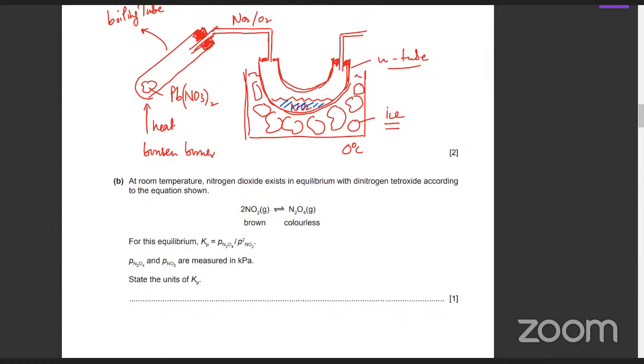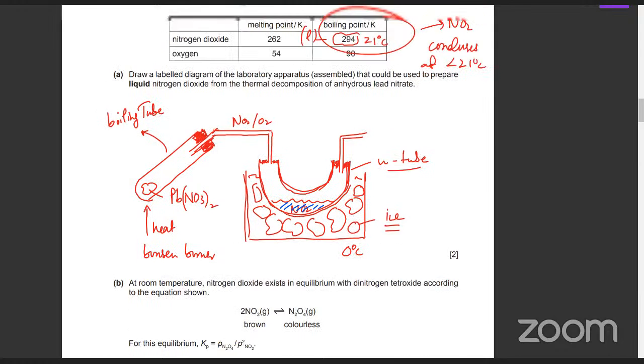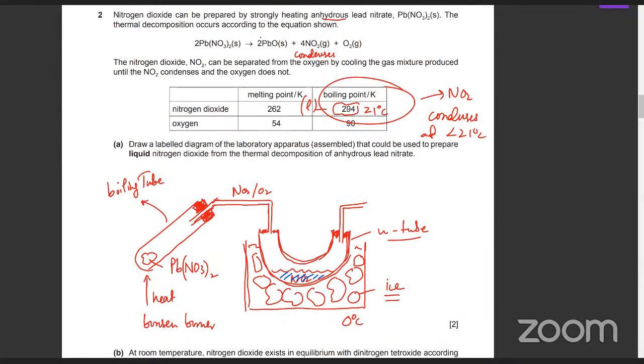So which is why we need ice in this case. If we used ice for the NO2, if it condenses at 90 degrees, if we use ice, would that be wrong? Instead of using the cold water? Even in that case, I think it will be fine. It depends, but for example, let's just assume that's the only information given, then I think that would be fine as well.